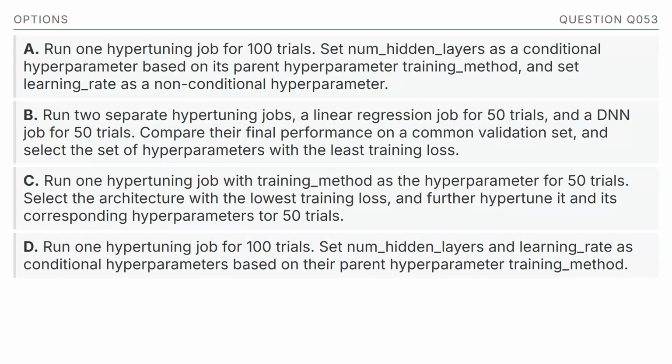The options are: Option A, run one hypertuning job for 100 trials. Set number_hidden_layers as a conditional hyperparameter based on its parent hyperparameter training_method, and set learning_rate as a non-conditional hyperparameter. Option B, run two separate hypertuning jobs, a linear regression job for 50 trials, and a DNN job for 50